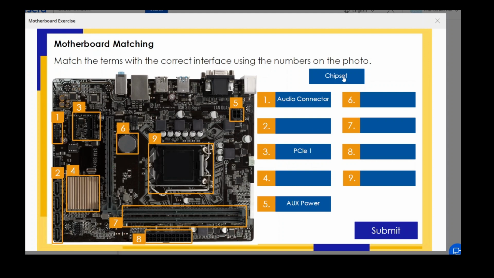The next is the chipset. So the chipset is very clearly visible here at number 4. The chipset is used as a data flow between different components of the motherboard, such as the data flow between the CPU and other components such as the GPU. So we will place the chipset at number 4, and then the SATA